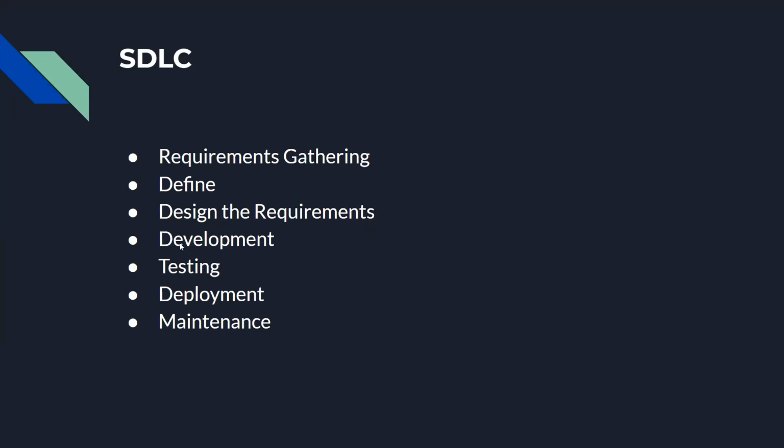Then you start the development, then you go for testing. Finally, once it is good from your side, you do the deployment. Once it is deployed, you can go for maintenance. After deployment you also do testing, and once the project or website is up, you continue with maintenance. Maybe the customer frequently asks for features, because after 2 years the requirements may change. He wants new features.